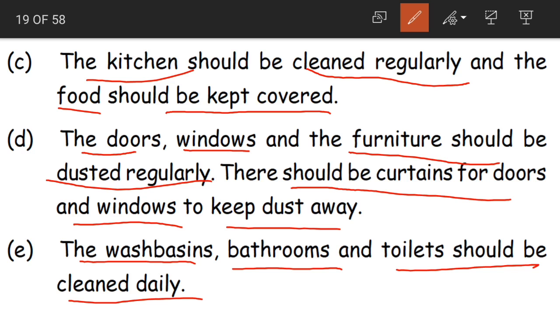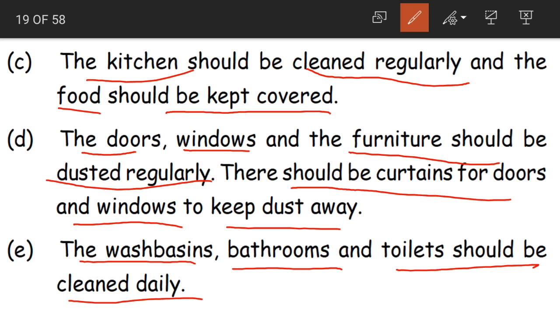Every room in our house has got its own importance, and the total house must be taken care of. Along with the objects, that is doors, windows, furniture, and kitchen utensils, all that along with the rooms must be cleaned properly on a regular basis.